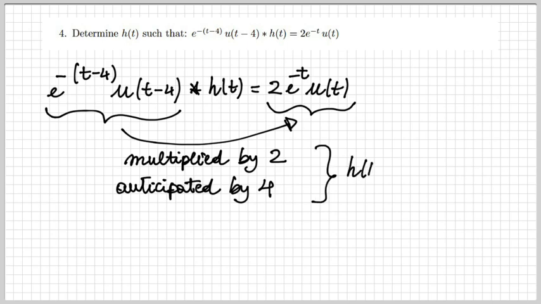So that means then the impulse response that I'm looking for is something like h of t equal 2 times the delta of t plus 4. 2 is what gives me the multiplication by 2, obviously, by a constant. And delta of t minus 4 is what gives me the shift in time by a quantity 4, because the convolution with the delta shifts the original signal back or forth, right?